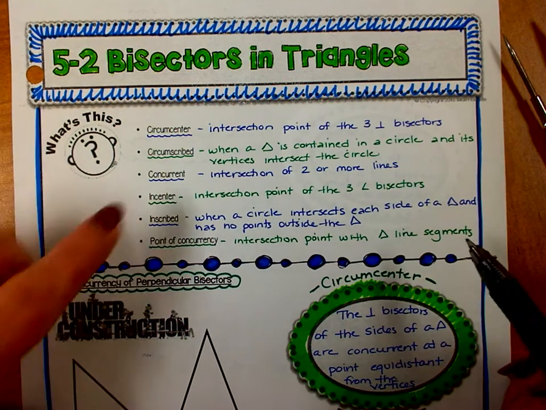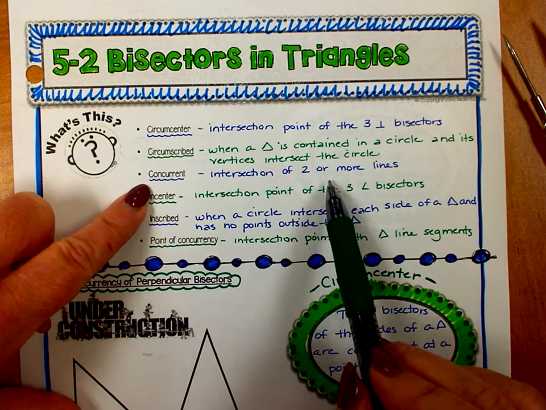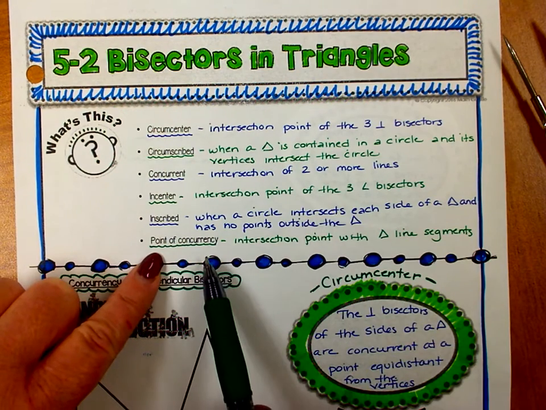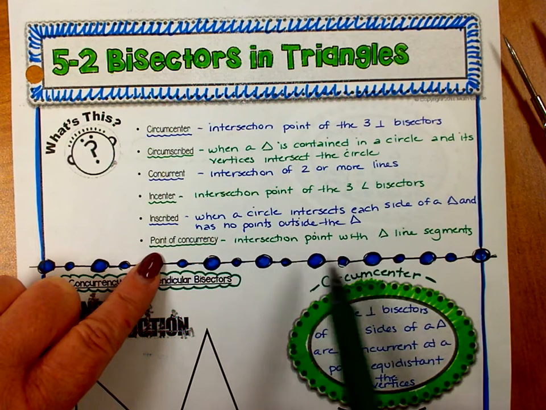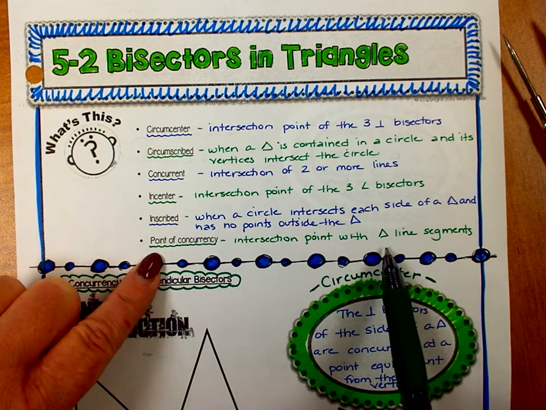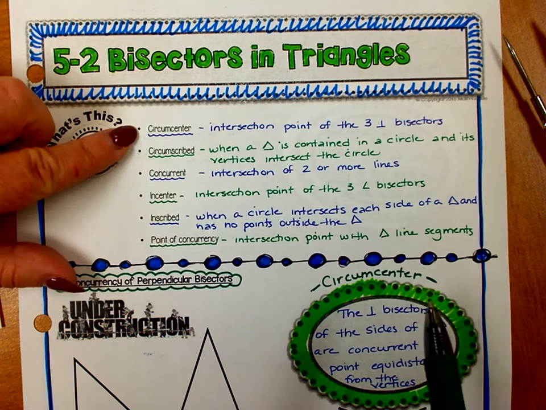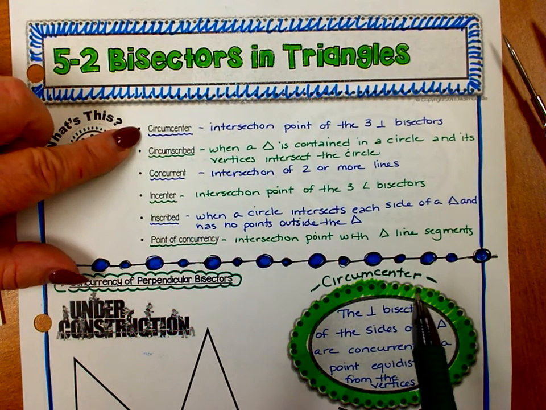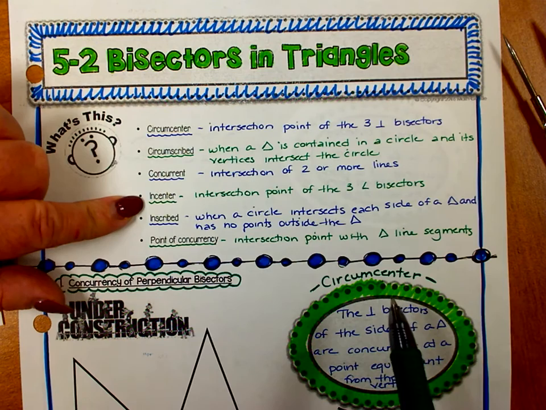Let's start with concurrent. Concurrent is intersection of two or more lines. That takes us to point of concurrency. Point of concurrency is the intersection point with triangle line segments. Then we have two kinds of points of concurrency. The first one is circumcenter. Circumcenter is the intersection point of the three perpendicular bisectors,